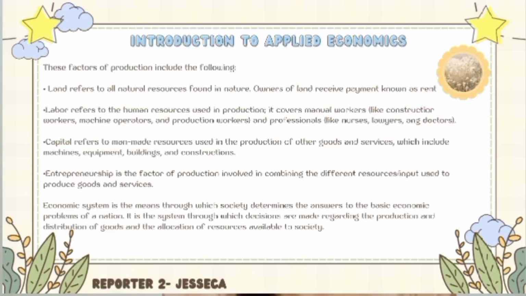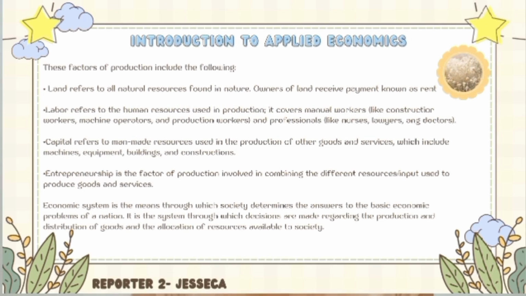manage the factors of production, and how will you combine the different resources or inputs to produce goods and services. So next is the economic system. Economic system means the way through which society determines the answers to the basic economic problems of a nation. So basically, when we say economic systems, it is